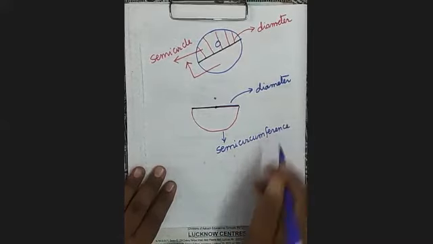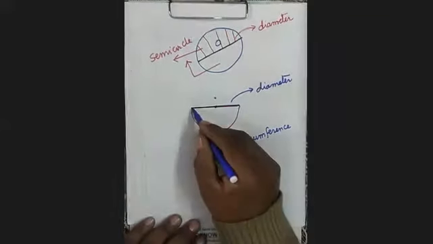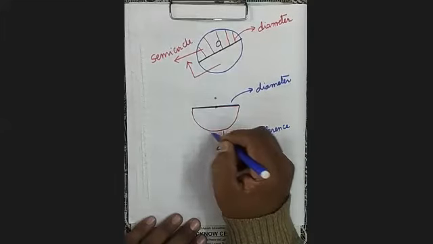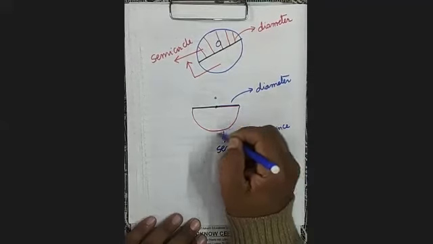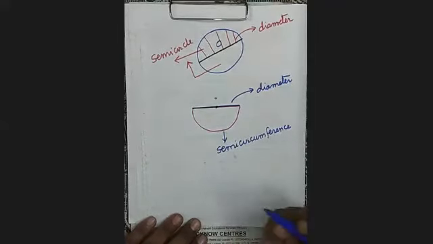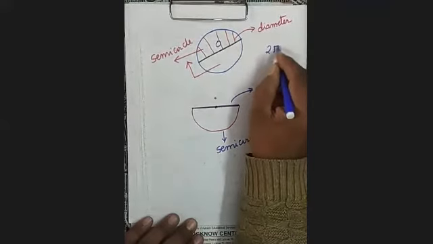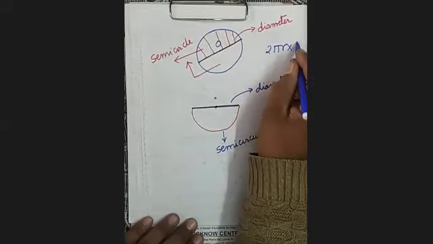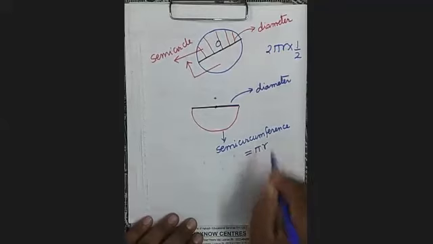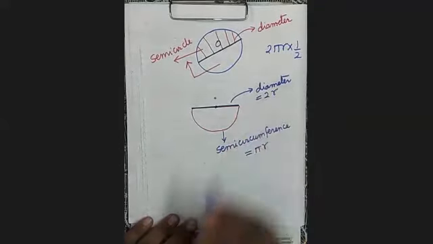It's clear? This will be the semi-circumference. What will be the length of this red part? Who can tell? It will be equal to the semi-circumference, meaning half of the circumference. Circumference कितना था? 2 pi r. उसका half कितना हो जाएगा? Pi r. So it will be pi r. It's clear? This is the diameter, therefore it will be 2r.